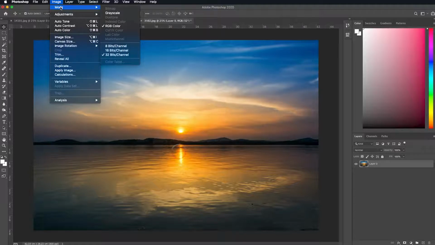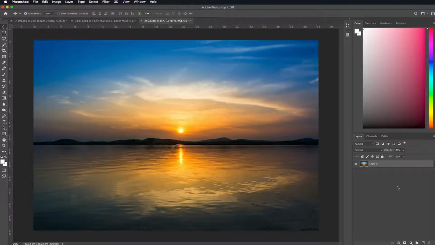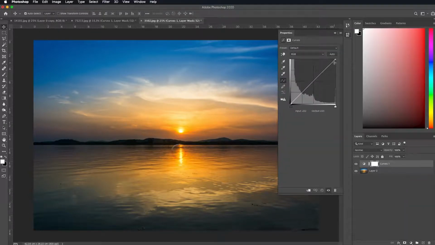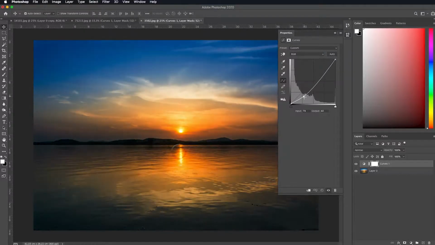From the sub-menu, we choose Mode, and as you can see, we have a 32-bit image. Now, having the layer still selected, we click on the adjustment layer and select Curve from the menu. Now, from the appeared window, we change the image's tonal range, changing the curve to get the desired result we